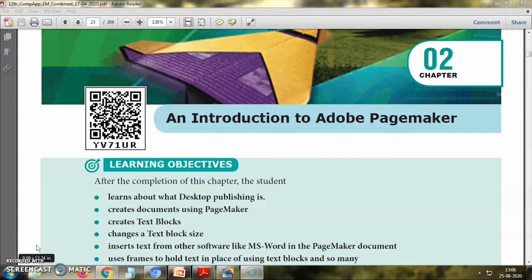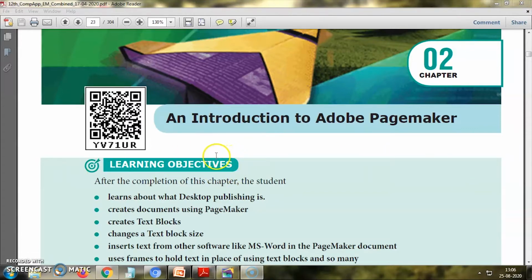So in your practical exam, you will be having 10 exercises. In the first 5, you will be having the Adobe PageMaker. That is, 4 only you will be having the PageMaker. Another one will be having the SQL concept. Okay. And the last 5 will be having the PHP programming concept. So be clear about this Adobe PageMaker.